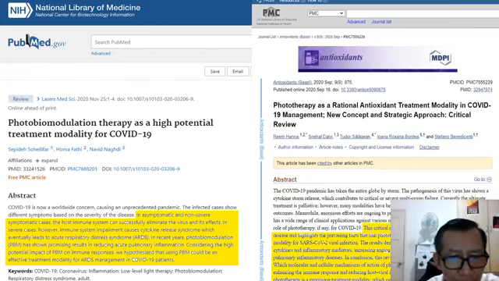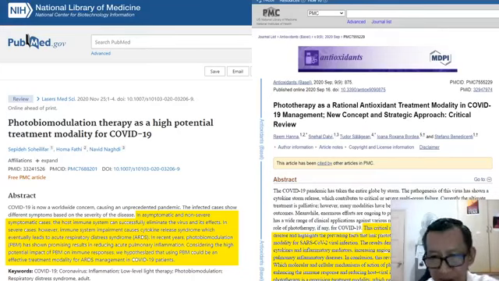And what it does is help to manage all these respiratory distress symptoms, not to the extent of severity, maybe for bad or moderate illnesses. That's what they're trying to say. So these are the things. Phototherapy as a rational antioxidant treatment modality in COVID-19 management. New concept and strategy approach